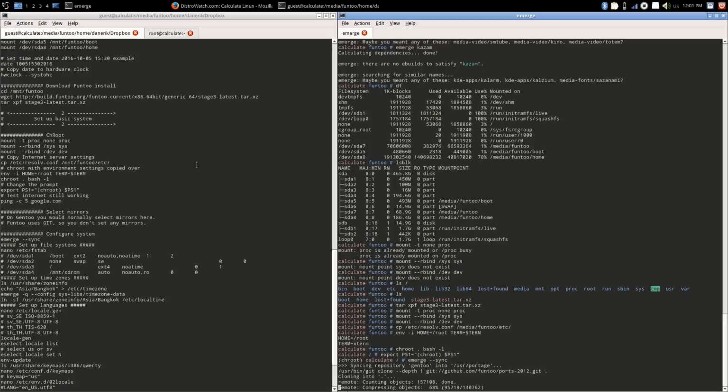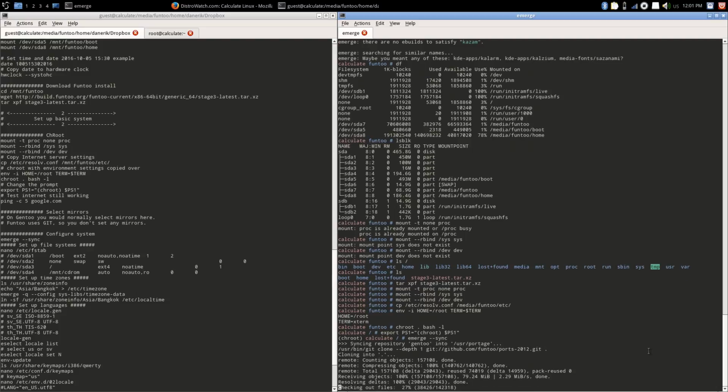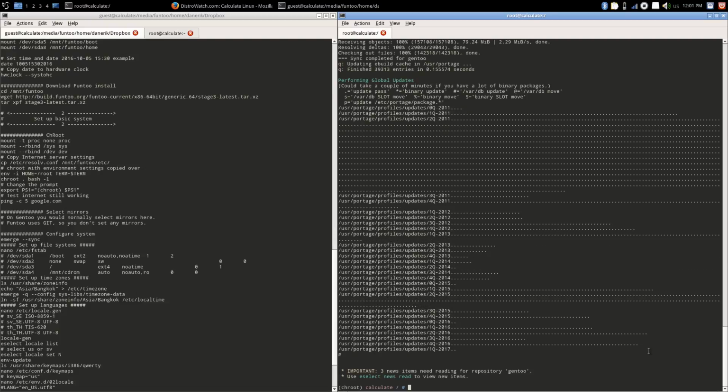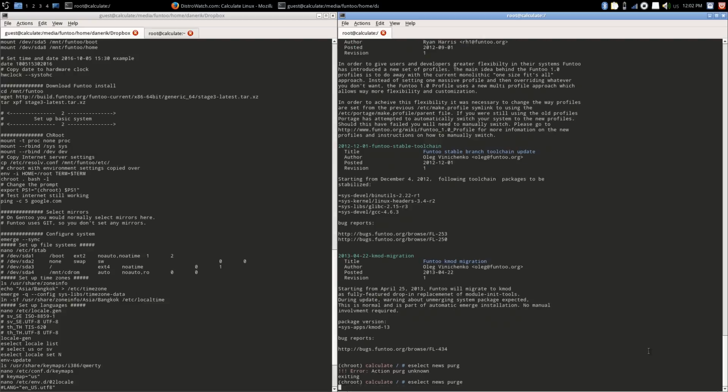So as you can see, I couldn't run the emerge sync in the Calculate Linux USB because there's no space to do anything. It's locked. But since I changed over to my Funtoo system, I'm now able to do emerge sync, get all the latest updates, and this is from Git, so it can be a bit slow. 2 megabytes per second is not outstanding, but it's okay, I guess. So now that we have done that, we get a notification we should read the news, and those are old news. I'm just going to go and purge all those news so I don't get that notification anymore,